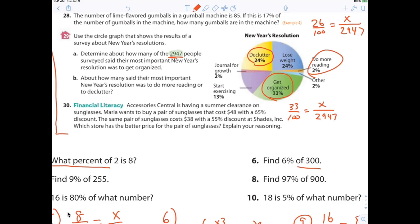All right, now the last one I think is important also is question number 30. It says, Accessories Central is having a summer clearance on sunglasses. Maria wants to buy a pair of...